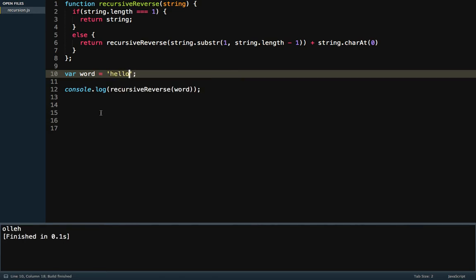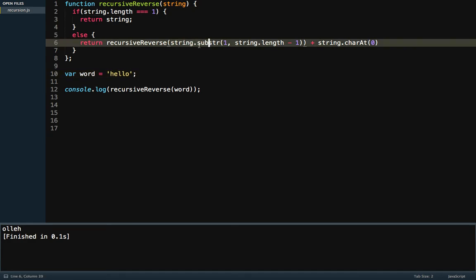now we get olleh, and maybe dogs is god, or mom should still be mom. But we'll just try it with hello. There you go. So basically what I did, this one is a little bit trickier, and we can walk through the stack, but basically this substring is like the array splice, and it's going to return to us a new string rather than mutate the string,